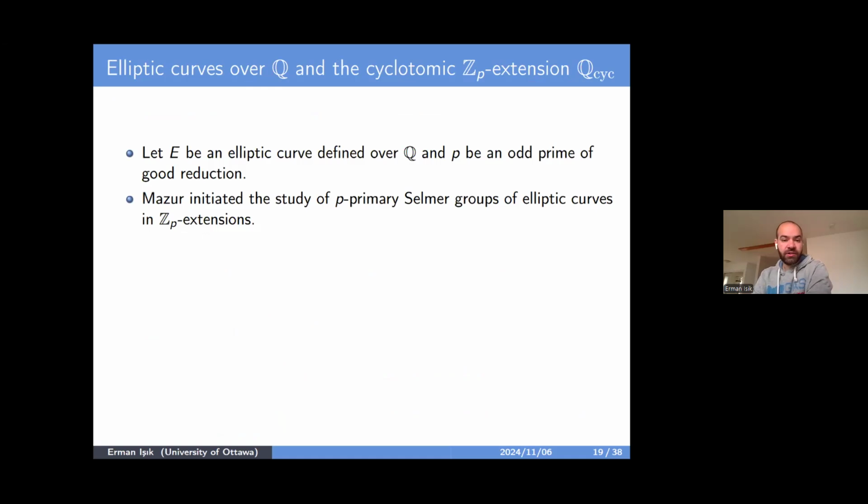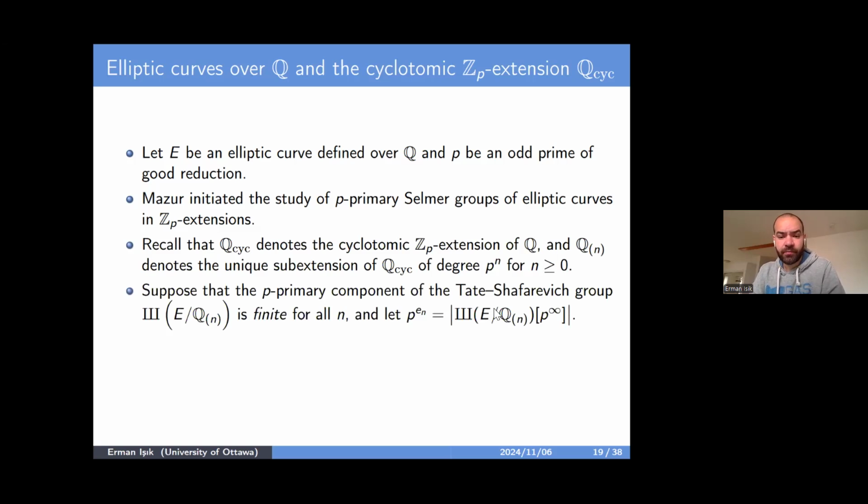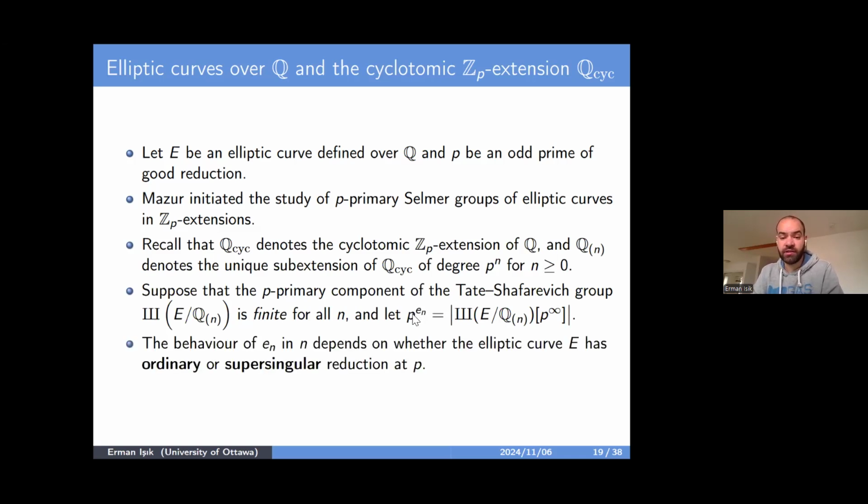Mazur started the study of p-Selmer groups in order to obtain results regarding the Mordell-Weil group. So let me remind you, that was the cyclotomic Z_p extension, and we had the finite layers. And we also assume that the p-primary part of these Tate-Shafarevich groups is finite, and